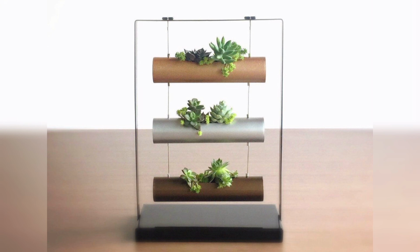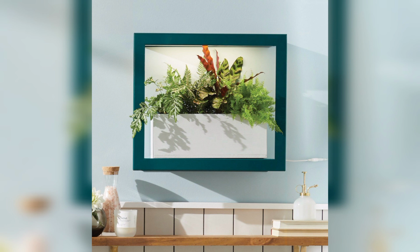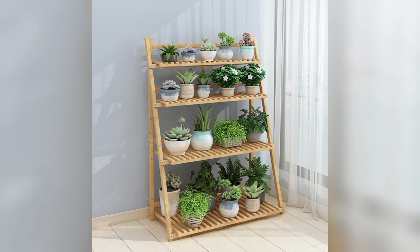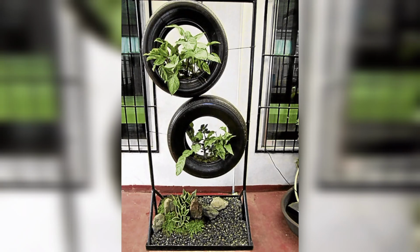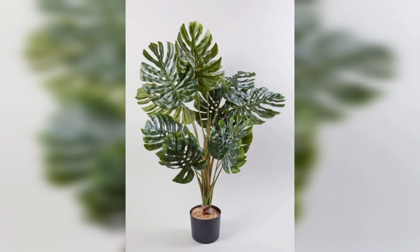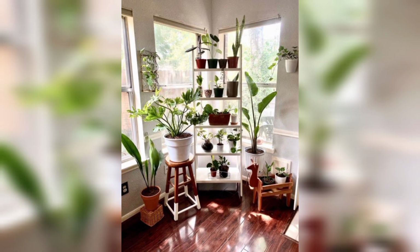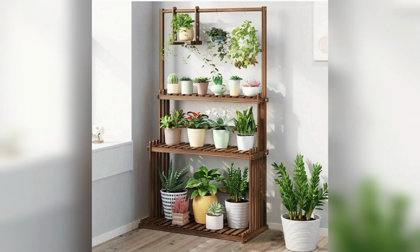The benefits of outdoor plants indoors. Bringing outdoor plants indoors not only enhances the aesthetic appearance of your living space, but also offers personal benefits. The presence of plants indoors can improve air quality and help